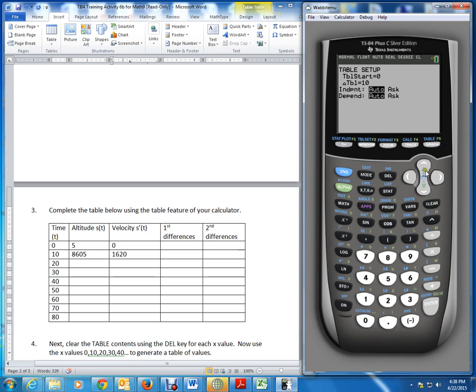This will keep generating the table not only from 0 to 80 as we're asked in the activity, but from 0 all the way up as far as I'd like to go, and all I have to do is continue to go down. But at some point we're going to hit the ground with the rocket, and that point is going to happen between 90 and 100 seconds, so there's no reason to go any further in the table. But this is another way I could use the auto feature to generate the tables, and there's no reason to go back in time, so